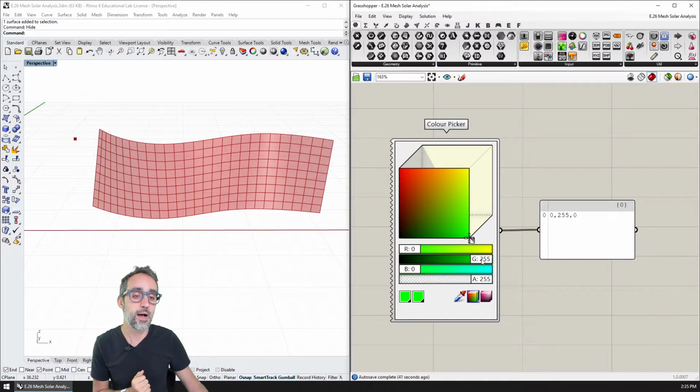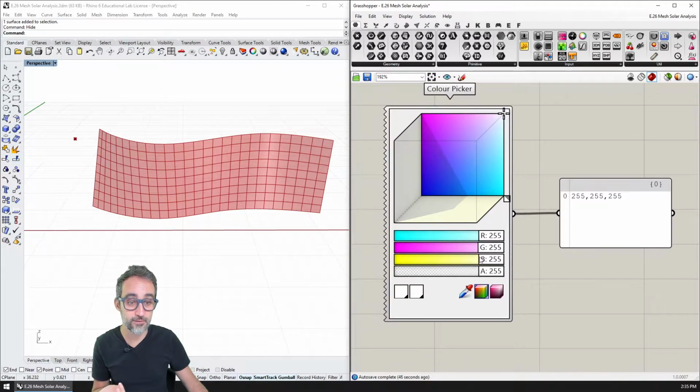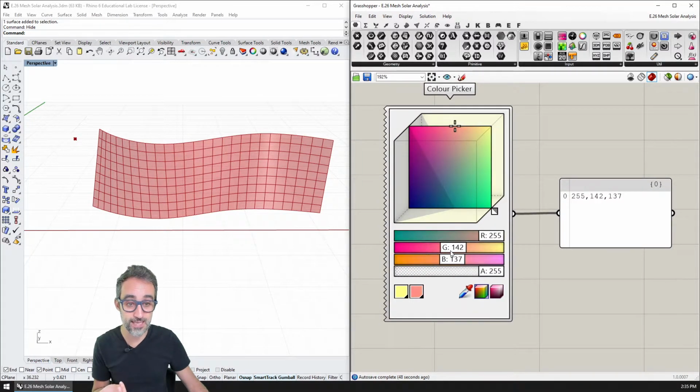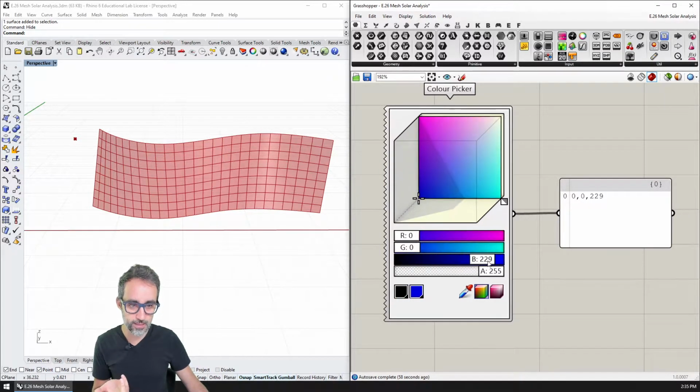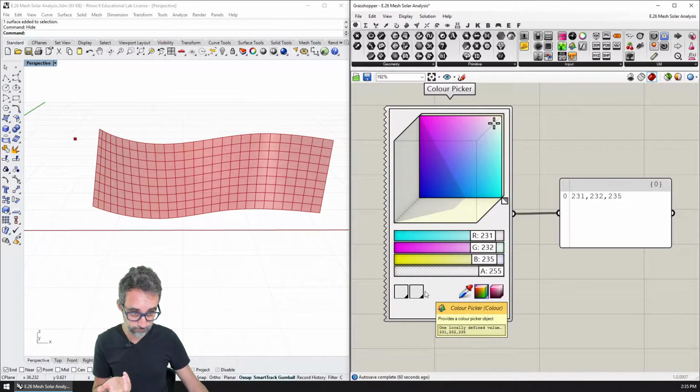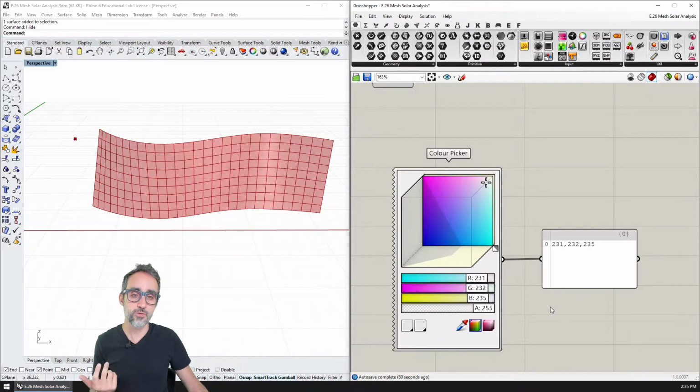And also, if we just want to represent grayscale, then if we set the 3 values to the same value, for example 137, we will be somewhere like a dark gray. If the three of them are zero, then we're black. And if the three of them are very high, we are in a very clear shade of gray. So creating color basically means creating three numbers that correspond to the RGB values.